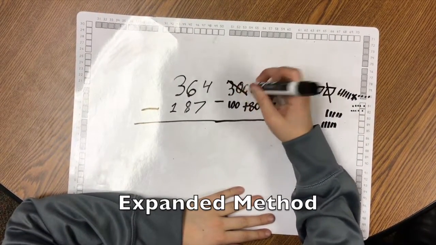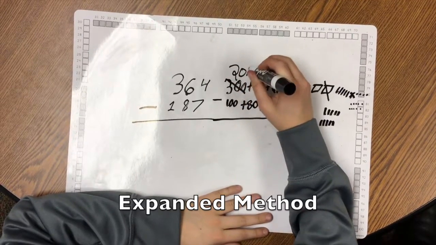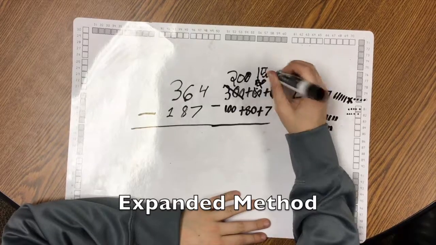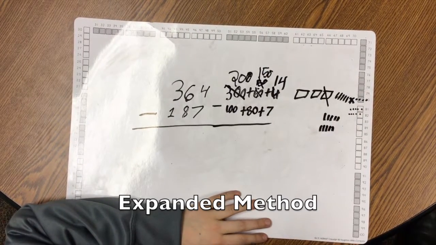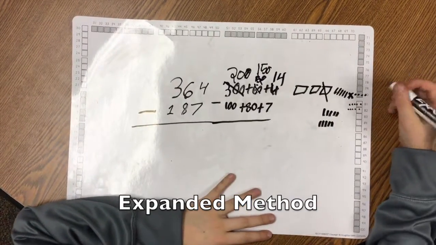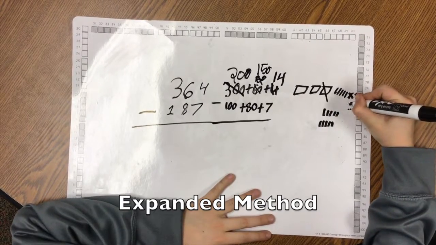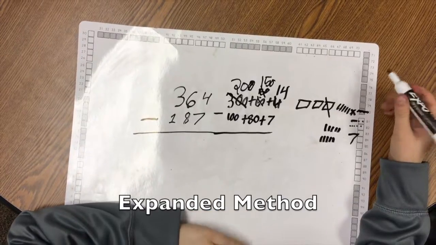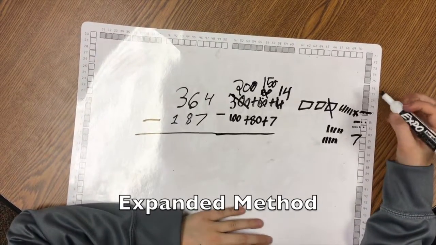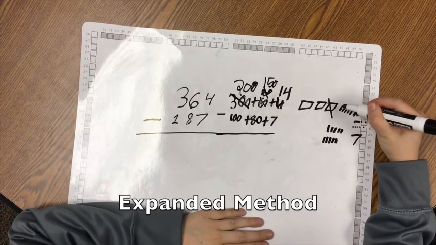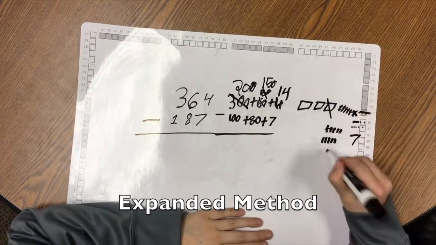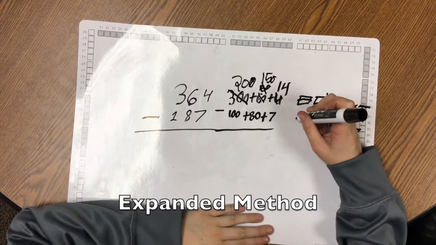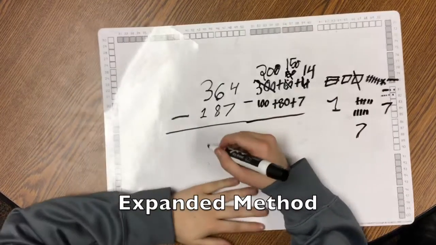So I'll ungroup the 300 for now, 200. Now I have 150. So now I can subtract. 14 minus 7 is 7. 150 minus 80 is 70. 200 minus 100 is 100. The answer is